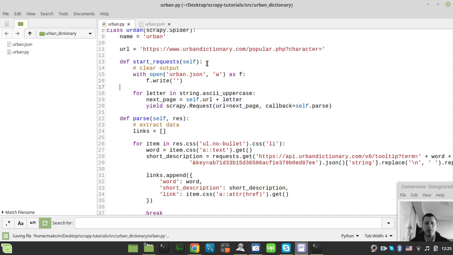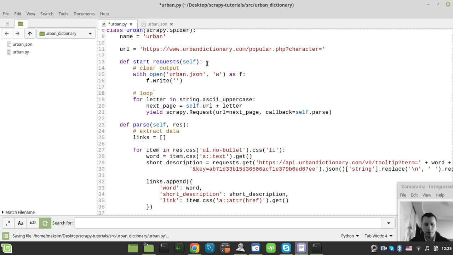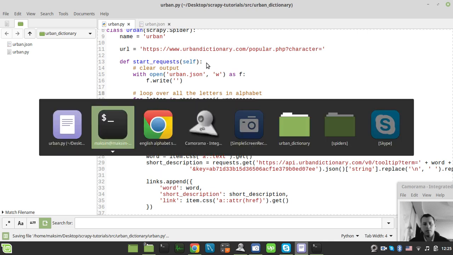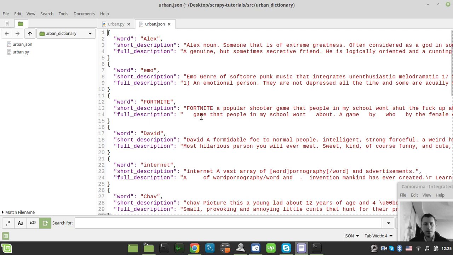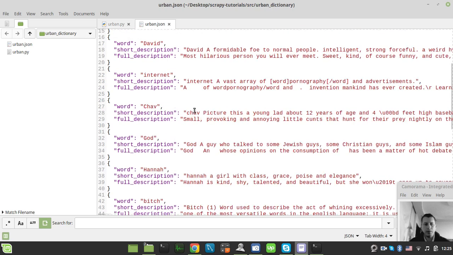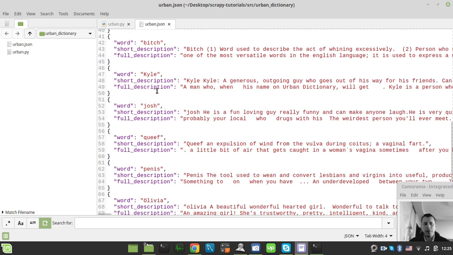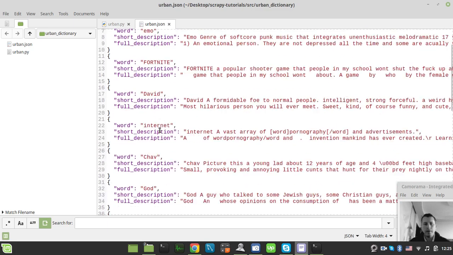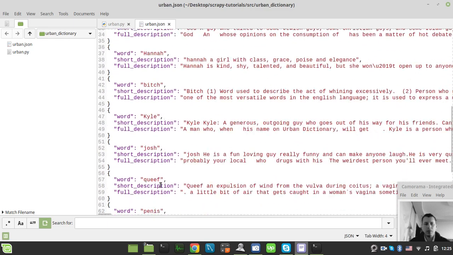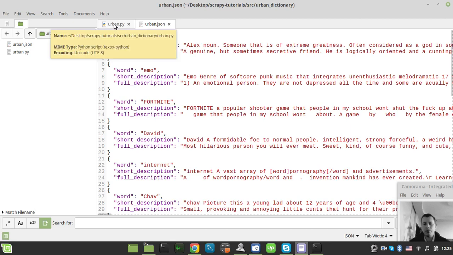And here, loop over all the letters in the alphabet. So we see it's in a different order because it's an asynchronous call, so it's not in alphabet order, but still it goes through all of the pages,